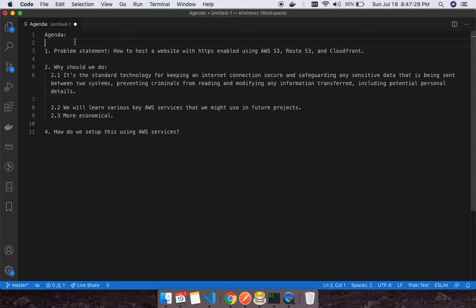So that is the problem statement we are trying to solve here. Now you may ask a further question, which could be: everything is so advanced in technology now, so why are you coming with such a tutorial? The idea here is that it's not like something new I am providing or trying to share with you guys.